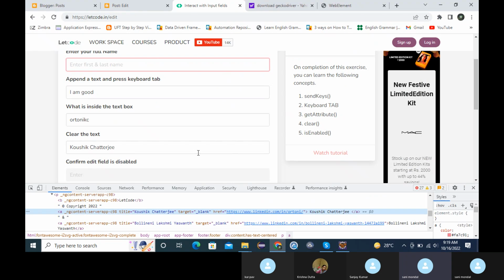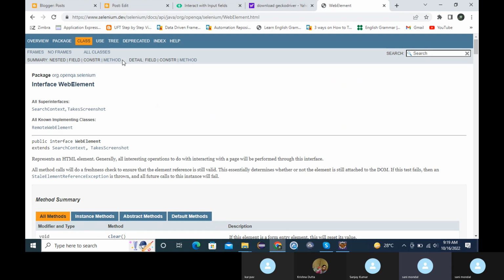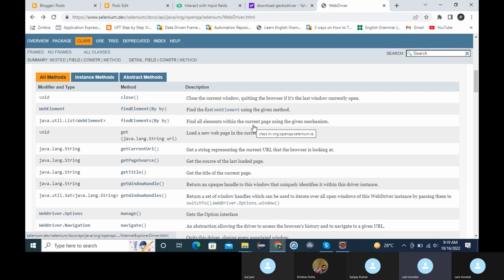Now let's understand one more concept. On a page, there can be multiple links, right? It is not like there will be only one link. So if you have to locate any one link, any one web element, there is a method called find element. But if you have to locate similar web elements that are multiple, you have to use find elements,